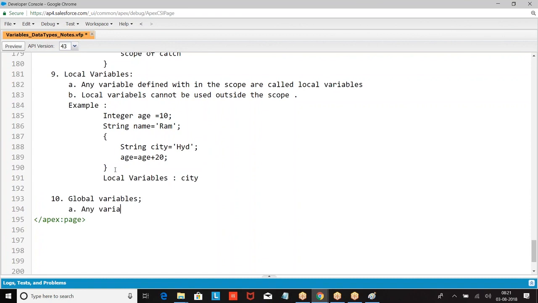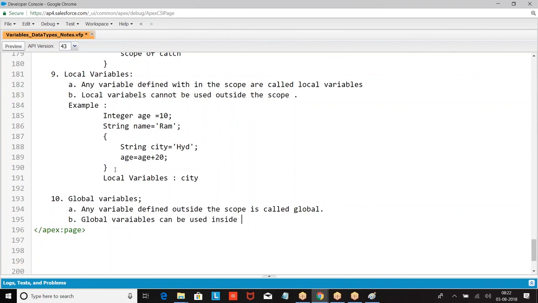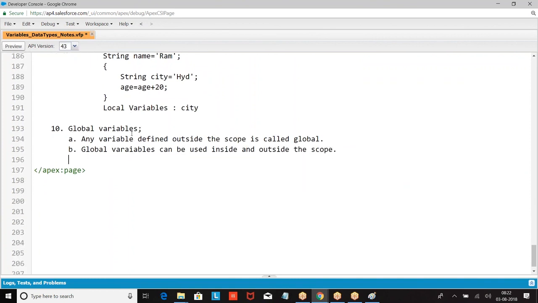Global variables. Global variables can be used inside and outside the scope.